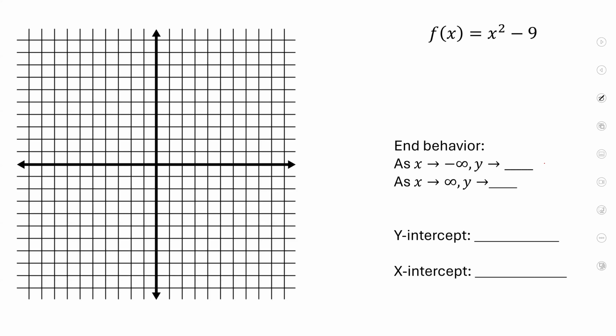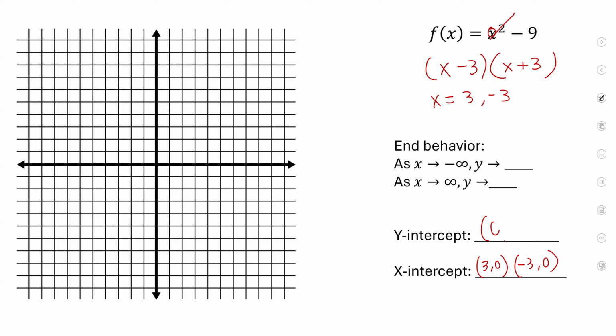Real quick, y'all did a great job. Everyone had it. You guys factored this into x minus 3 and x plus 3. That means the answers are what? 3 and -3. Those are your x-intercepts. (3, 0) and (-3, 0). What's your y-intercept? Yep, plug in 0. That's 0. So you get -9 when you plug in a 0. So that's your y-intercept. So I'm going to graph those things. -9